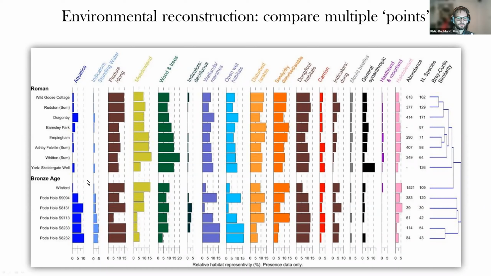And then we compared it to all the other Roman wells in that period, in that geographical area. And then we compared it to all the Bronze Age wells. And we can see that there are some differences and there are some similarities. And these wells probably are not wells, they are water holes. And some of them aren't even that, the dung example. This Wilsford waterhole well is something different. It clusters with the Roman ones. And think of wells as giant pitfall traps, basically.